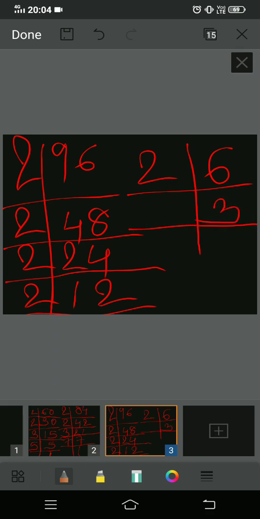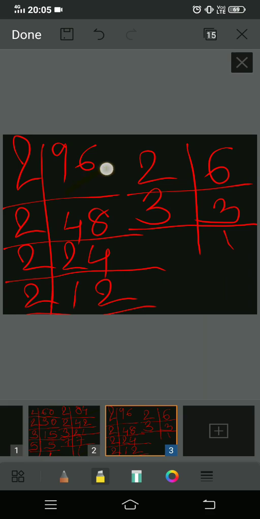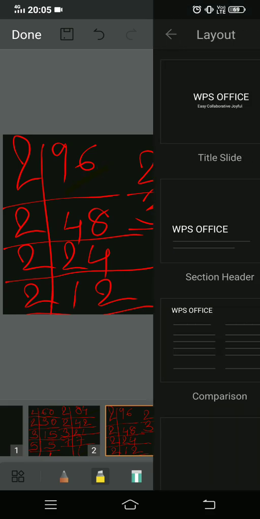You cannot divide by 2, right, because 3 does not come in the table of 2. So divided by 3 itself and you will get the remainder 1. Okay, this is how we have done for 60. 1 came as remainder, we stopped there. Then we did for 84, 1 came as remainder, we stopped there. Then the number 96, we solved until 1 came. Okay, now next step, what is the next step is,